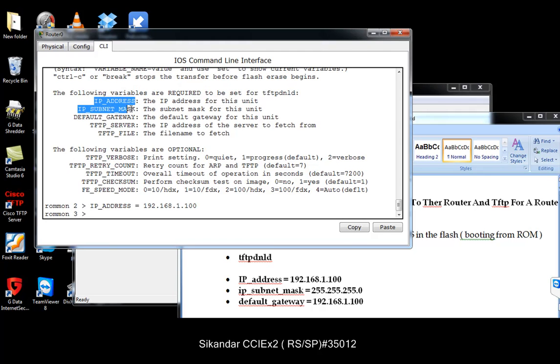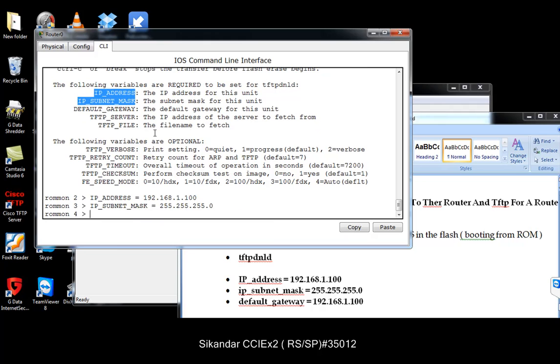Similarly, you need to define the subnet mask for that gateway. For the second option, I'm going to copy and paste those options. The subnet mask is Class C, 255.255.255.0, because when you lose your flash, you never know what the IP address is. So when you configure these commands, the router will automatically be assigned the IP address from ROMMON mode, and then